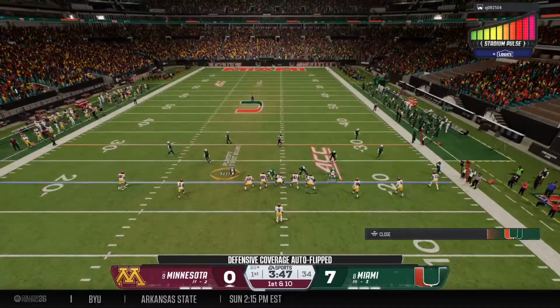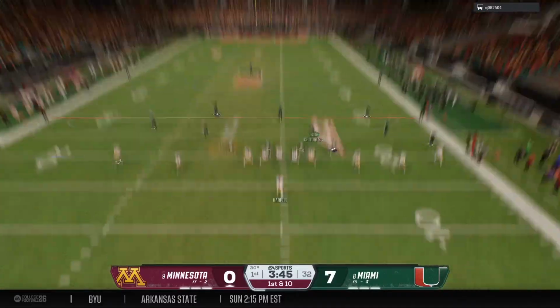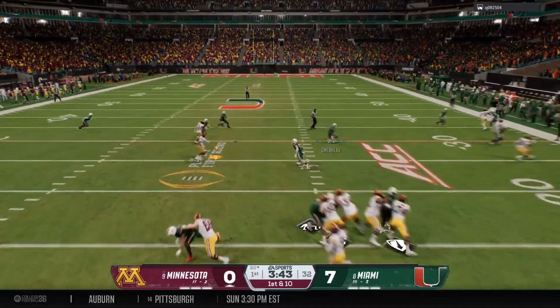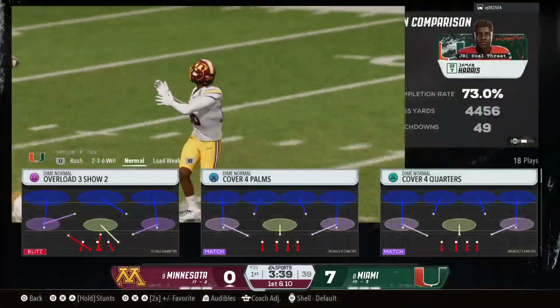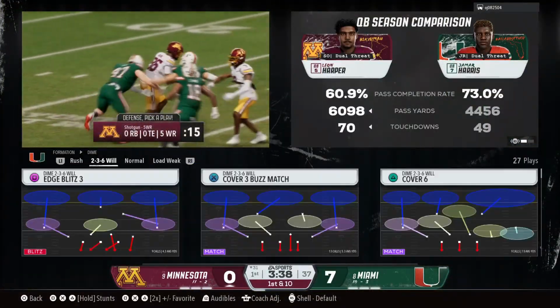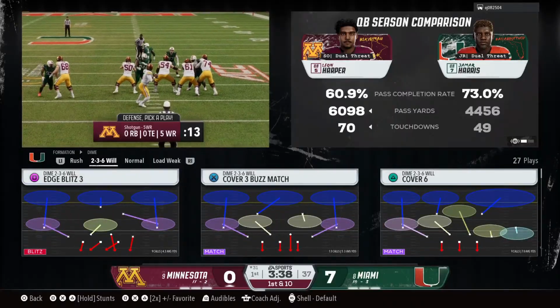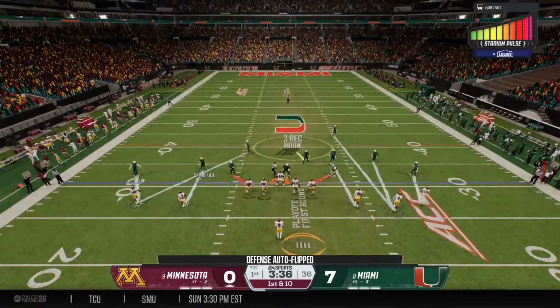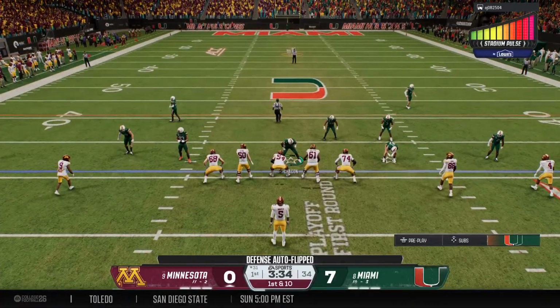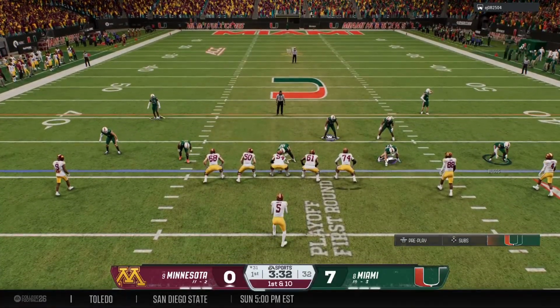Nice job of protecting. The last thing they want to do is have to punt this ball away. So instead, quarterback has time. Nice throw, and it's a first down. Tackle made after a solid gain. They'll spot the ball at the 31. Well, the defense sits back in a zone coverage. Good job here by the quarterback, recognizing that soft coverage, and he hits the routine drag route underneath for a first down.